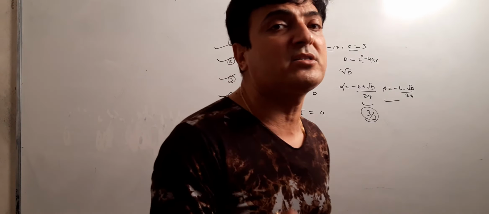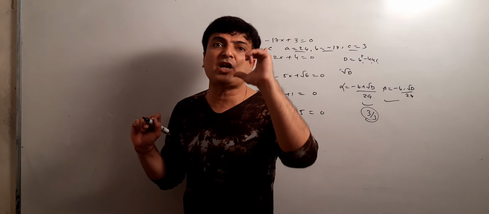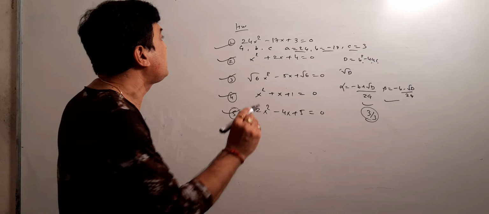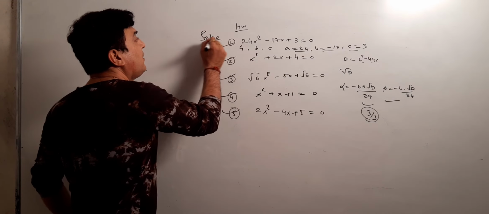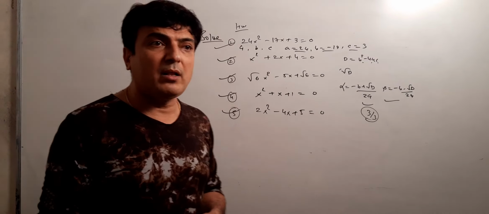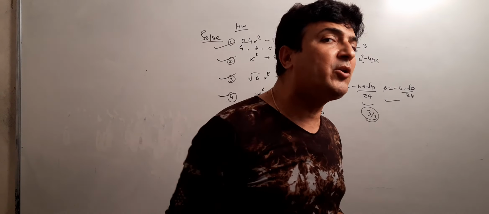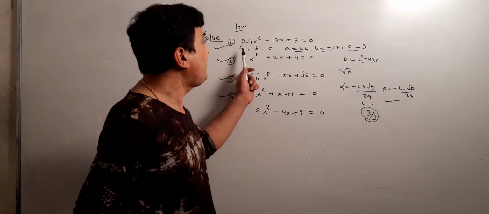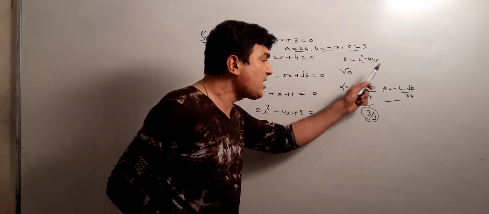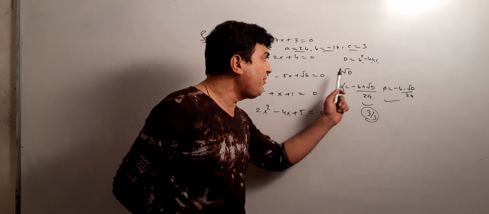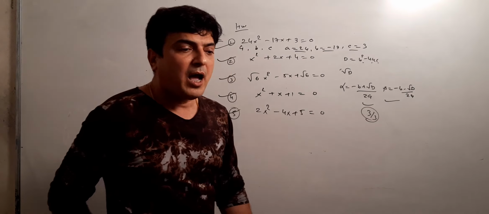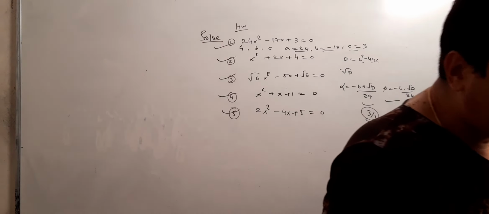The first thing is, each and every sum that will be given in quadratic equation, the title is like this: solve. The question is solve. That type of question will be asked in your examination. So you have to be ready with the first step. You have to find the a, b, c, D equals b square minus 4ac, root D value, and then you find the alpha and beta. You get the final answer.